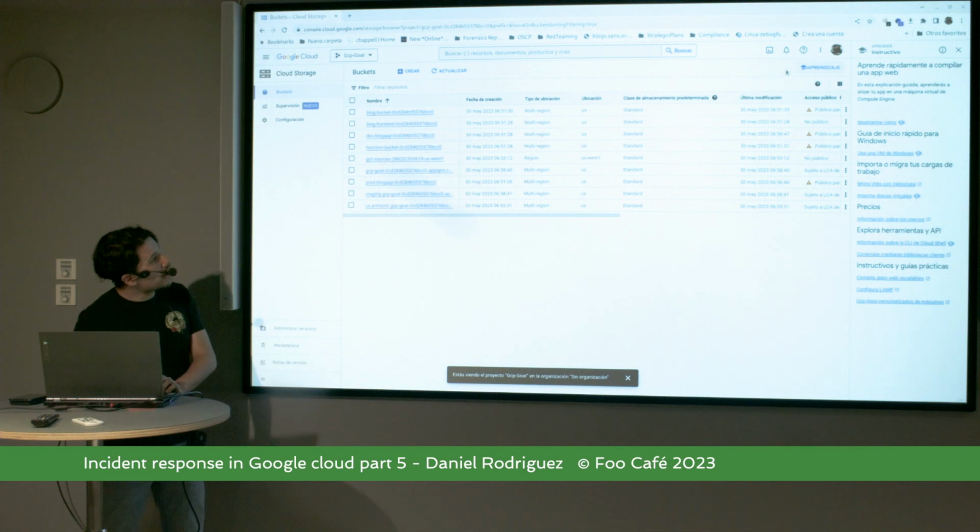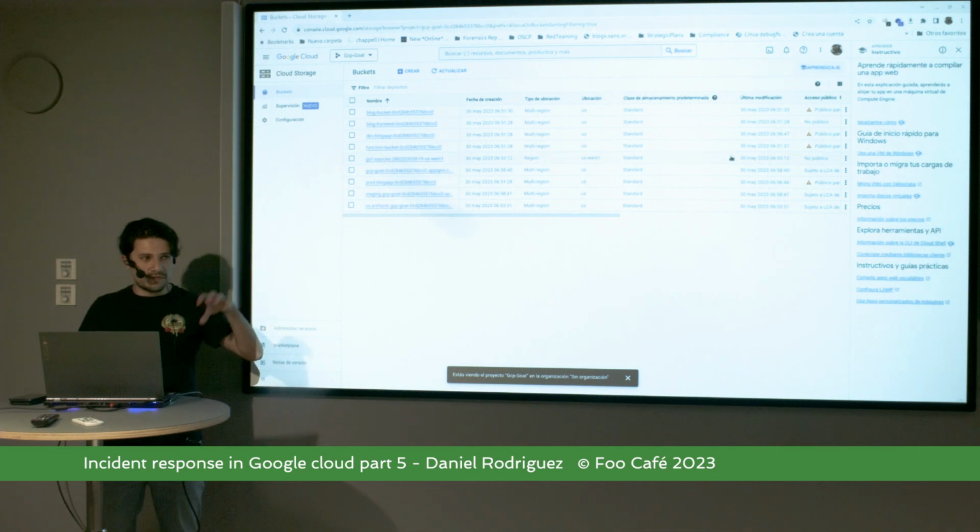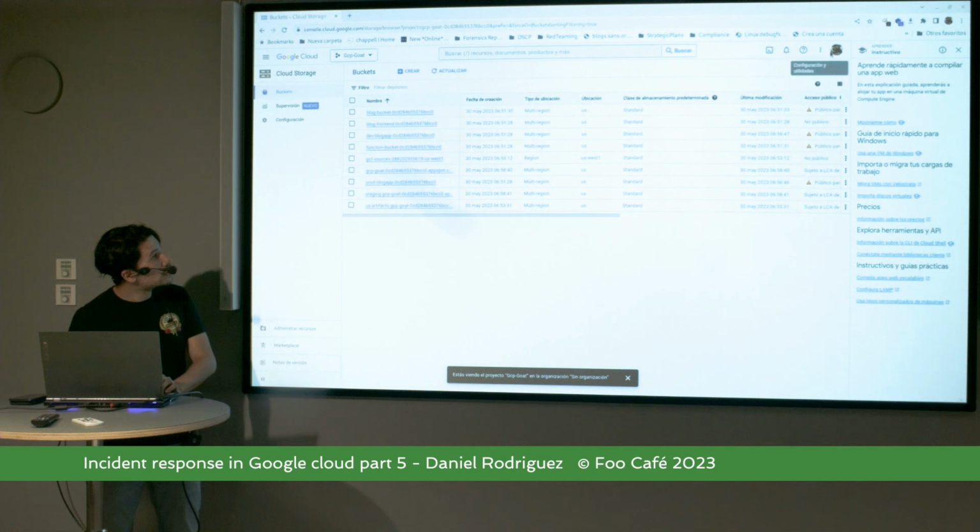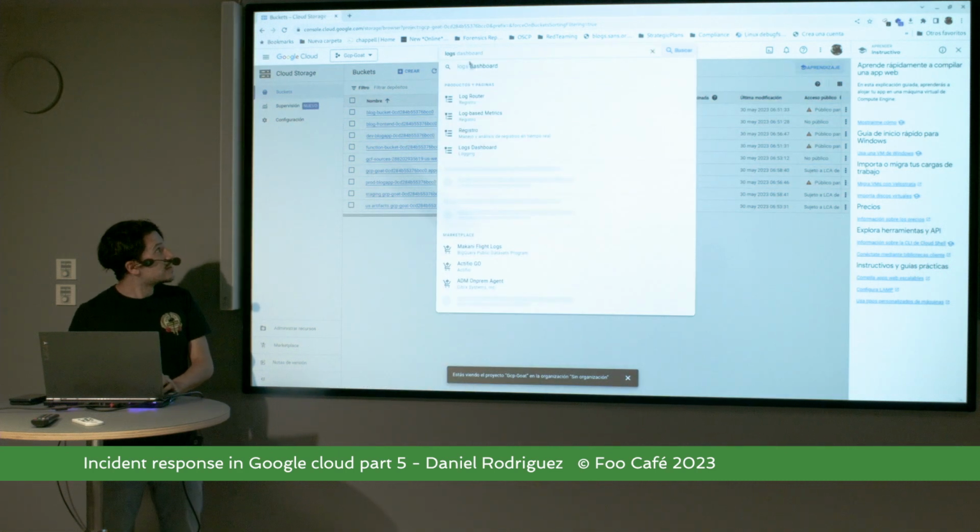So the first thing is with my account. The main recommendation is to create an incident response account. That's why I created an account with my Gmail address. And the condition to get access to GCP is that it needs to be a Gmail account or a Google domain. Like if you buy your domain and you have Google email, you can use your email here. So we have here two options. The first, that is not my favorite, is to use the